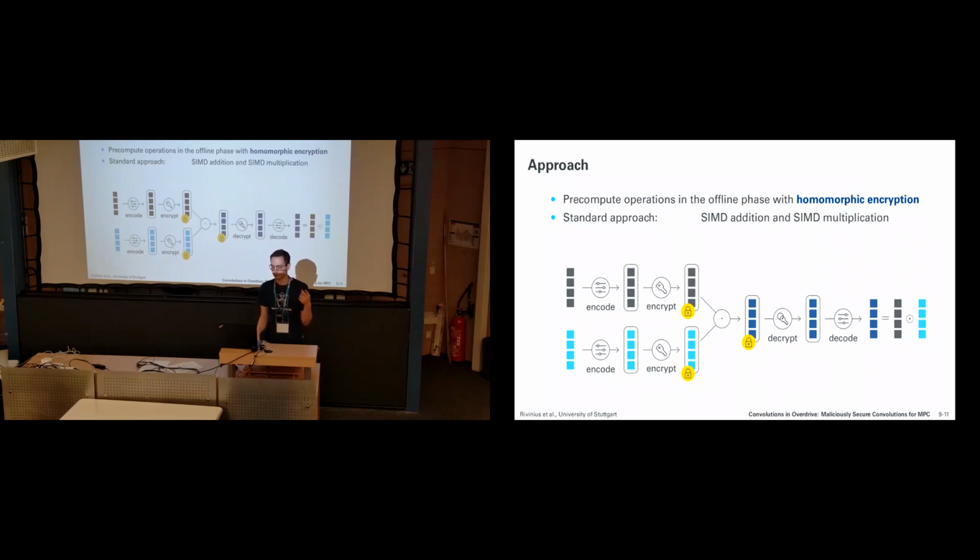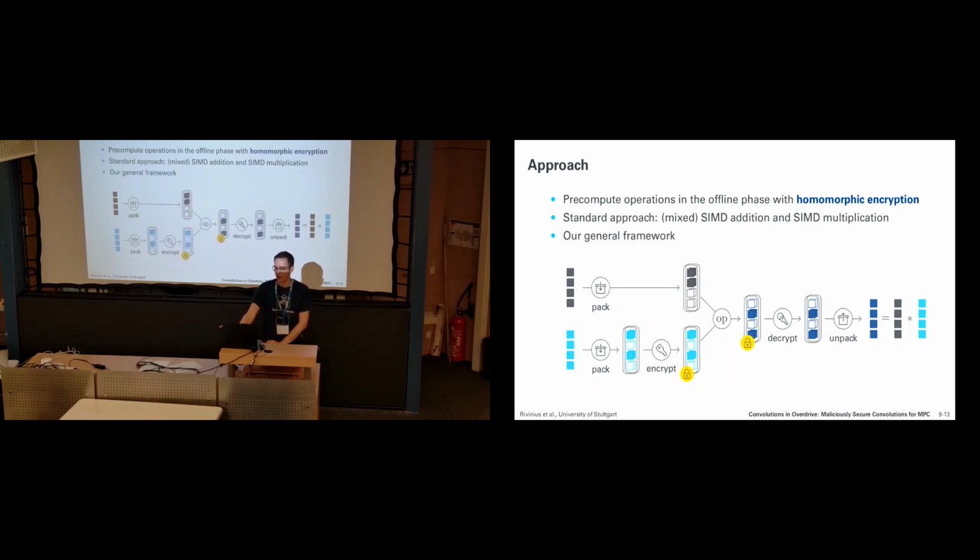And then what you actually would do that for, not with addition, but with multiplication. In the middle, you have a ciphertext multiplication, and you get a vector that is like the element-wise product. And as I said before, this would be the plaintext ciphertext multiplication, where just one of the operands in the middle is encrypted.